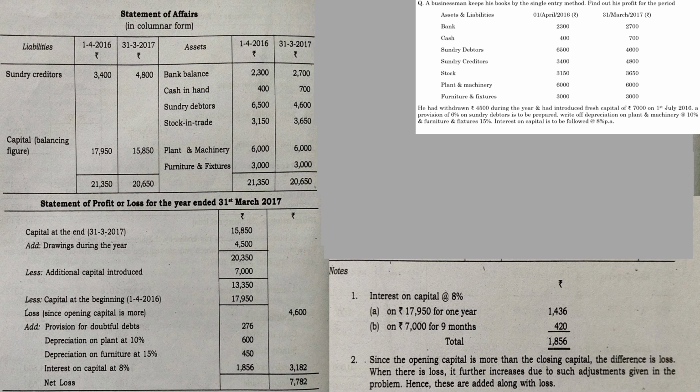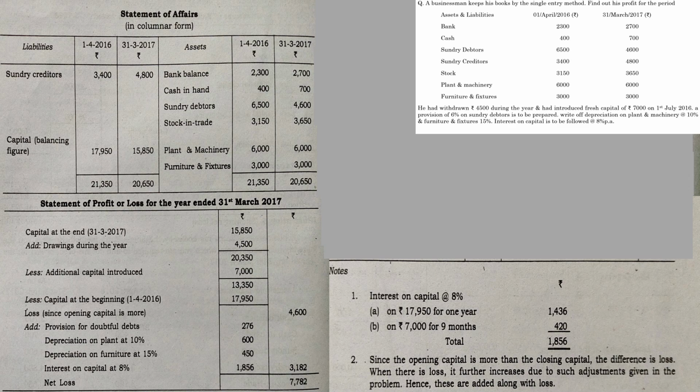So this is how you have to find out the net profit or net loss. See, it is net profit or net loss. Previously we have learned how to find gross profit or gross loss. This additional step is an extra adjustment in this case. So you need to adjust these expenses and income so as to know the net profit or net loss during the period. So this is how you have to deal with the statement of profit and loss account, profit or loss, and statement of affairs. I hope you have understood the concept.